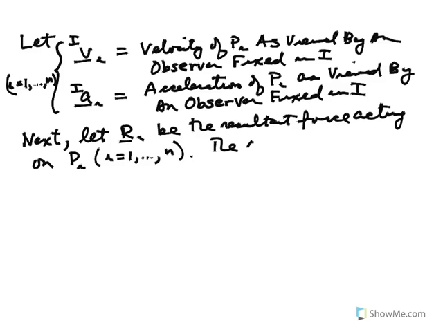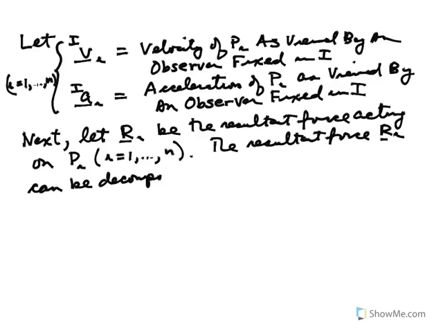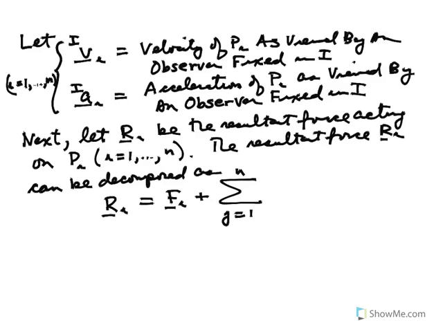The resultant force, Ri, can be decomposed as follows. Ri is equal to Fi plus the sum from j equals 1 to n of Fij, where Fi is the